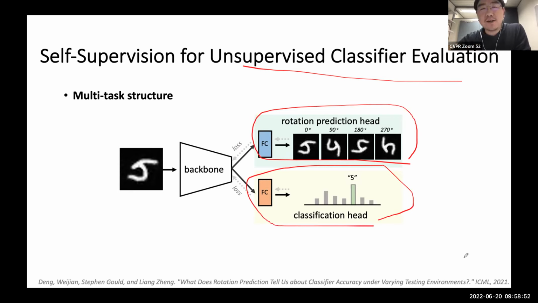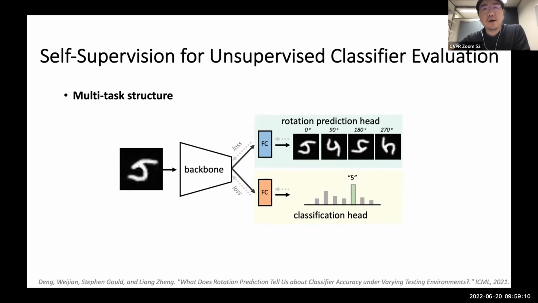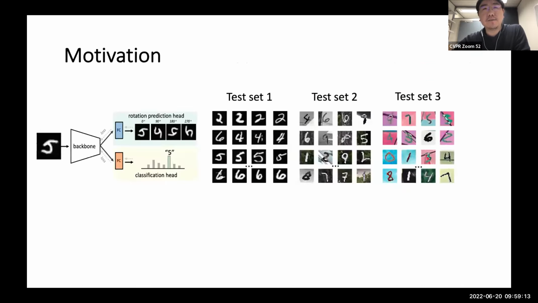Rotation prediction can be evaluated freely on any test set. So we want to explore whether this rotation prediction accuracy on the test set has a high correlation with the classification head. Let us show this figure again. We have this rotation prediction head and this classification head.